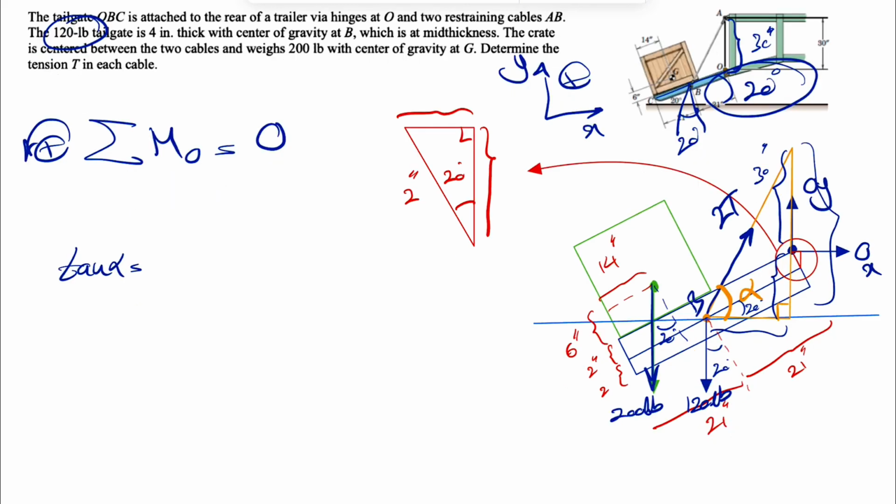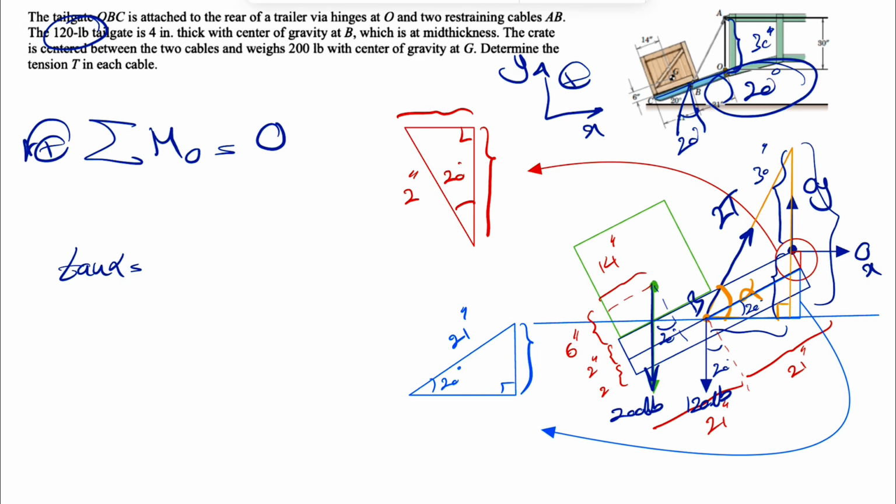And we're gonna have this right triangle. I'm just gonna try to show it with different color, maybe light blue. So if we look at this right triangle here, we know that the hypotenuse is 21 inches, this angle is 20 degrees, and if we can find that side, we can find this side in here. And for finding the tangent of alpha, as I mentioned, we had 30 inches plus the light blue part, which is going to be 21 sine of 20 degrees, plus we're going to have another right triangle,